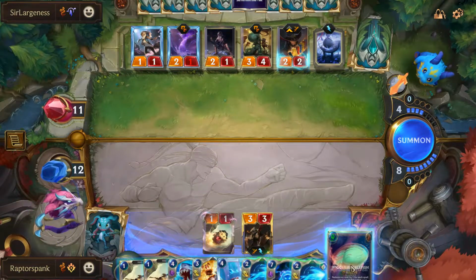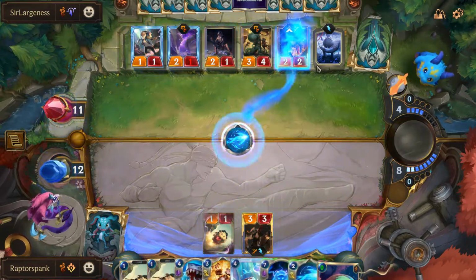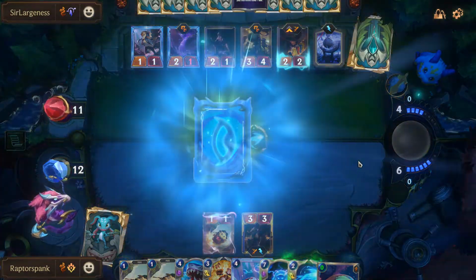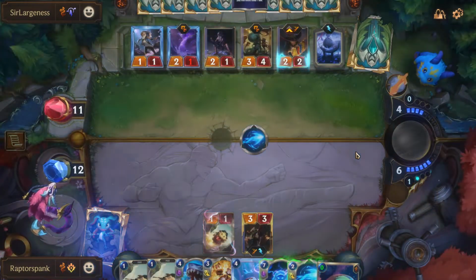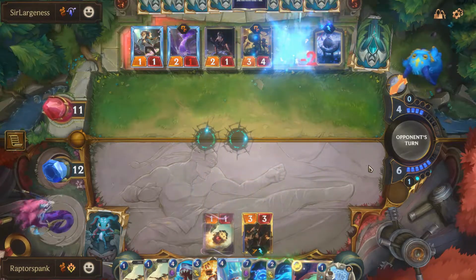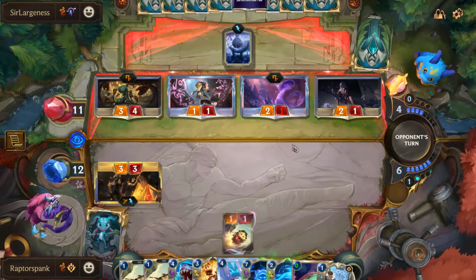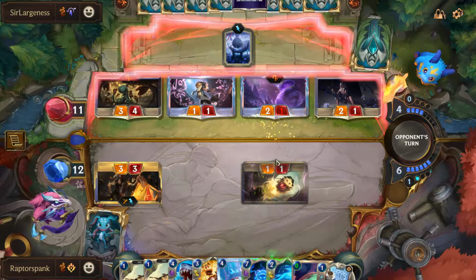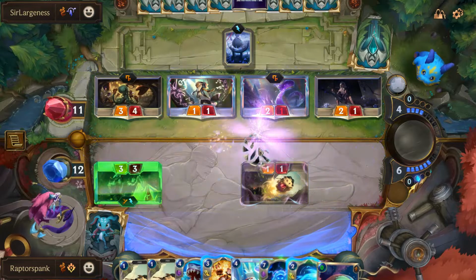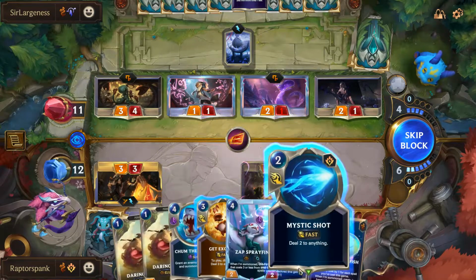We'll play... Actually, do we want to play Burblefish? Play Mystic Shot, targeting TF. And blue card. Soak it in. Perfect. Perfect. We were actually a little bit risky there because we weren't going to be able to cast enough. Okay. That's fine. So what we're going to do is we're going to cast this. And then we're going to cast...